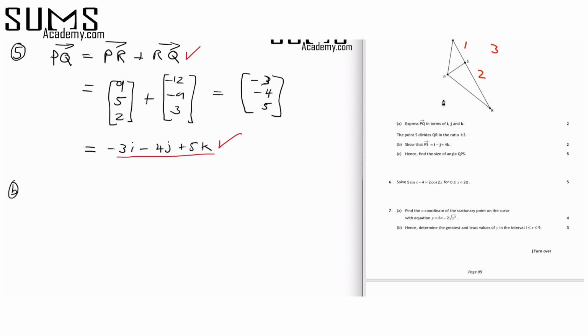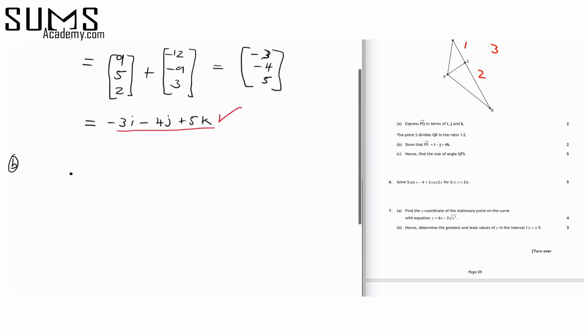So what you need to do here is think, how do I get from P to S in terms of expressions I already know? So you could go either from P to Q, then down 1/3, or you go from P to R and then up 2/3. I'm going to go this pathway because it means we don't have to worry about changing signs or anything like that. It's just a little bit simpler. But both ways would give you the correct answer. So PS is equal to